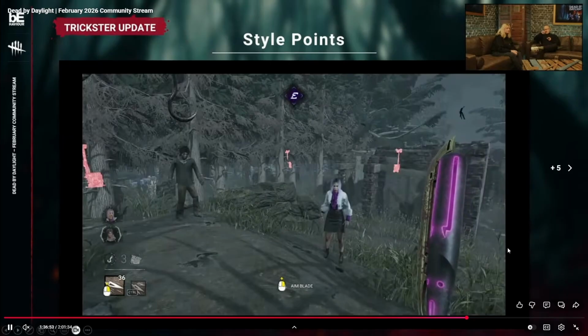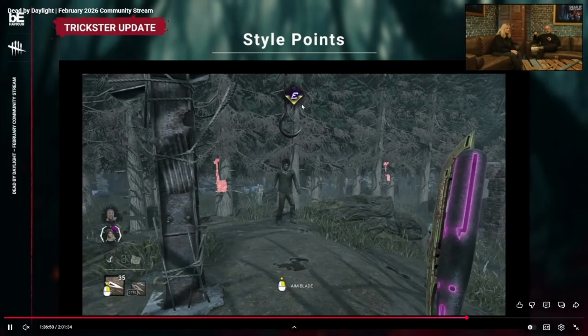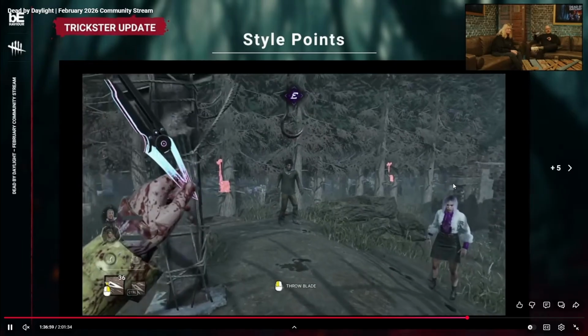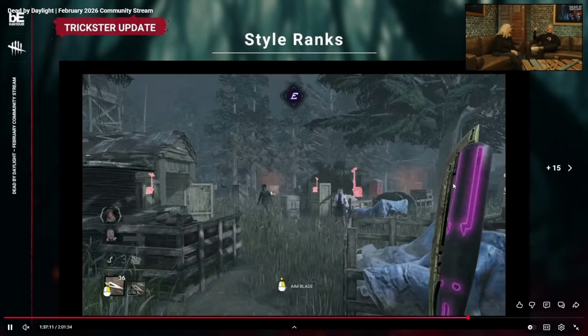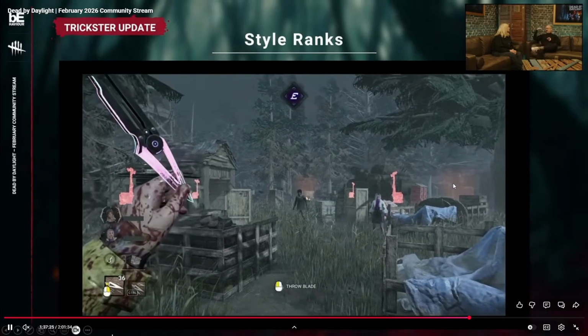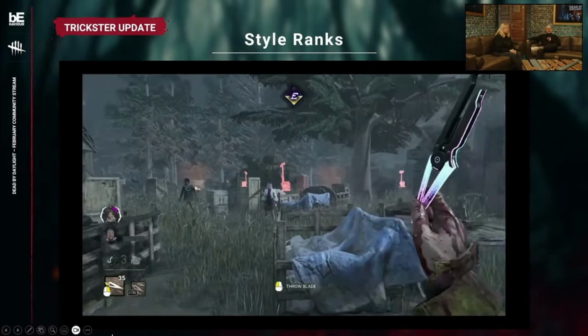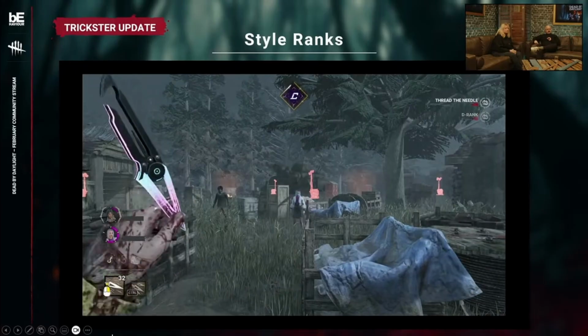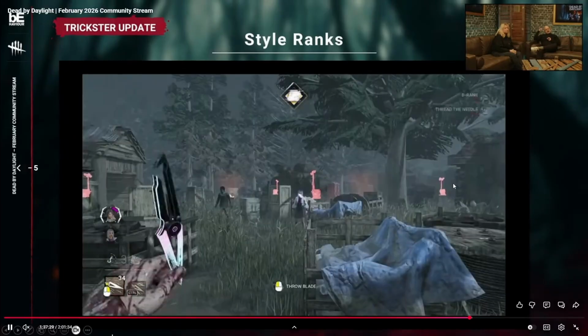But at one point it goes away from E, or it just reset. Sorry, I completely forgot about this. Okay, now here's a better representation of how the skill ranks work. So you're throwing knives, you switch from E to D, and it looks like you get...